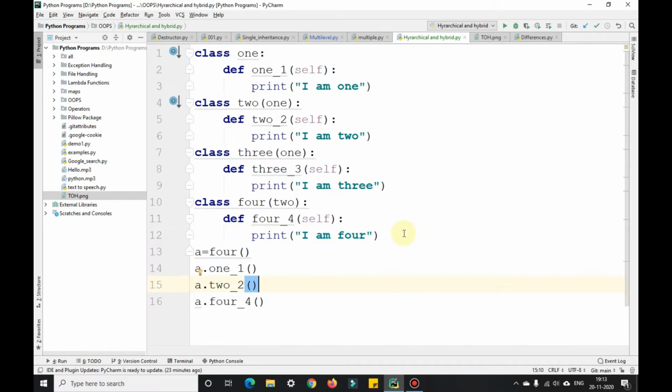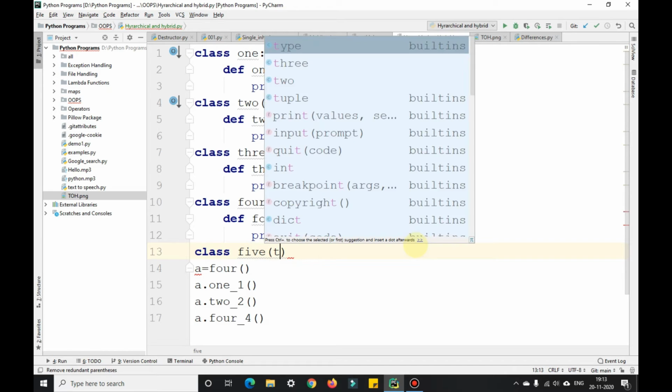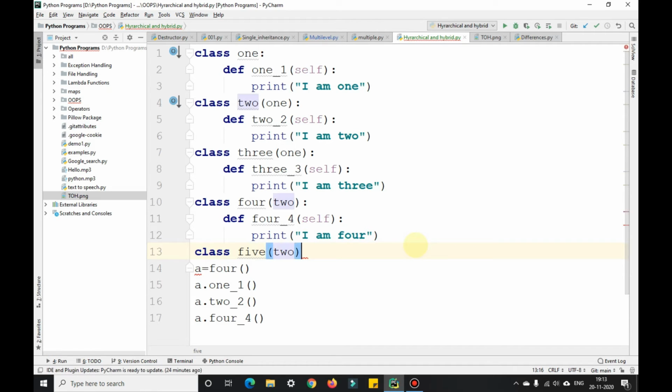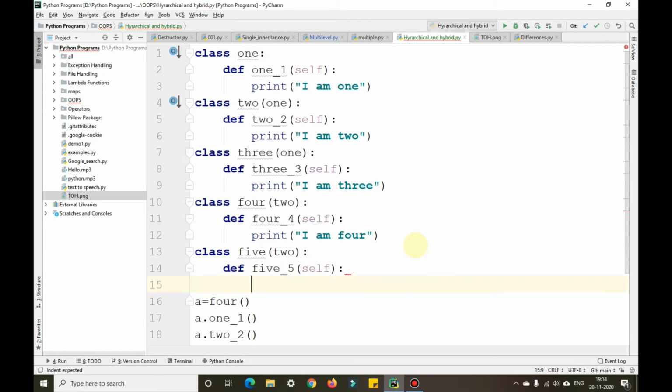As you can see, we can also create another class called class 5, and we'll inherit 2 only in this, the colon def 5_5 with a self keyword, then print I am 5.